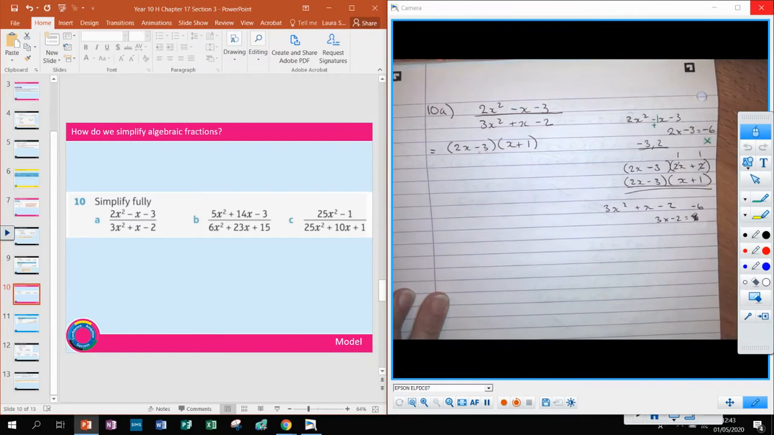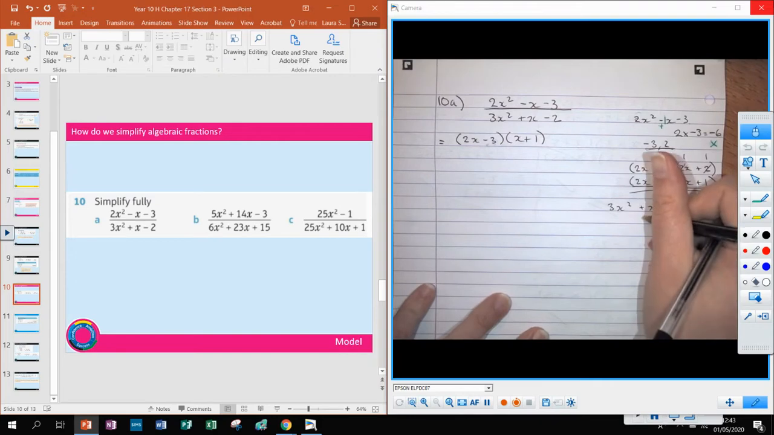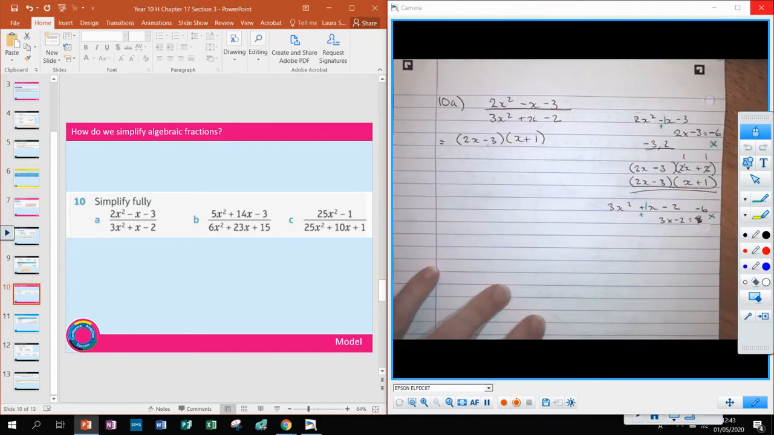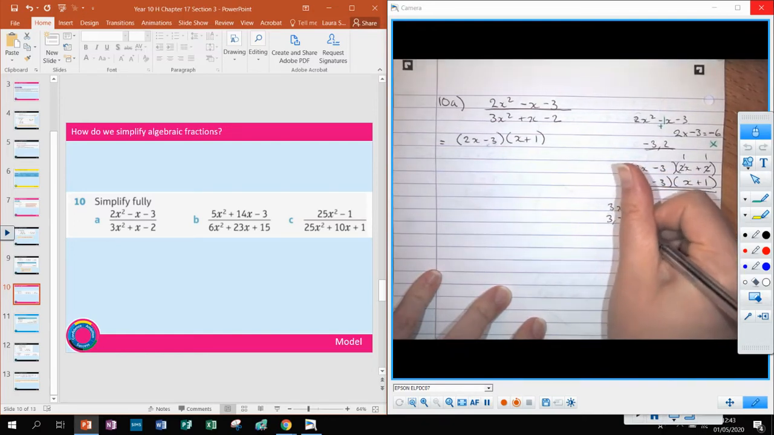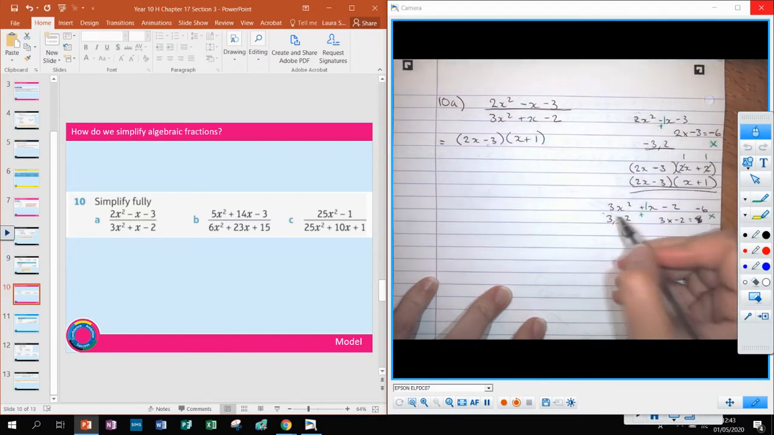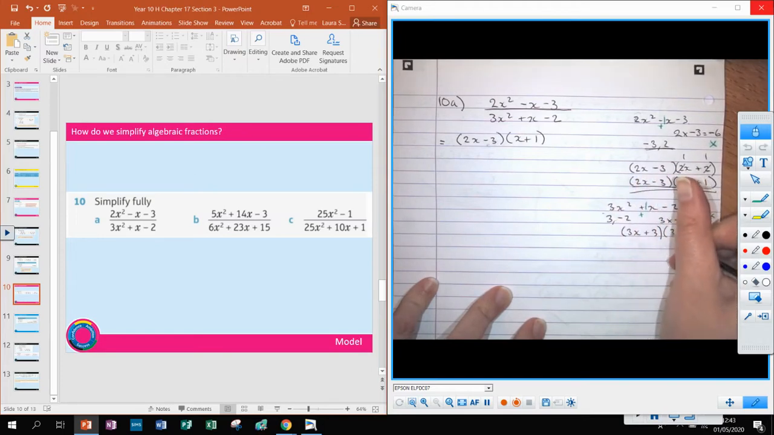I am wanting to get negative 6 when I multiply. Okay, and I want to add to this number here, which is a plus 1. All right, so this time I'm going to have a 3 and a negative 2 because I needed to add to 1 instead of this example where I added to negative 1. So we now have a 3x, so we need to write 3x plus the 3 and 3x